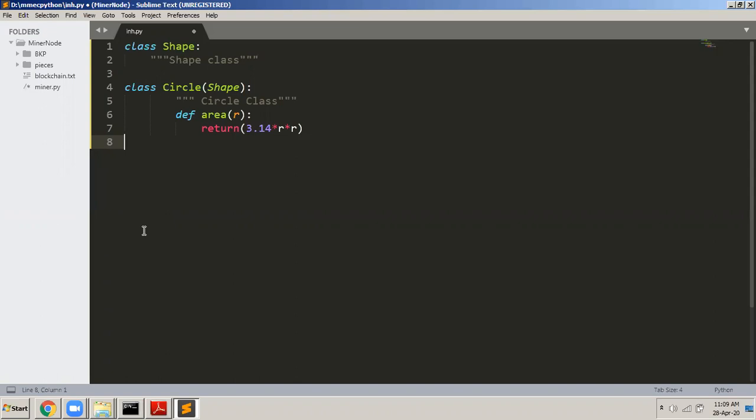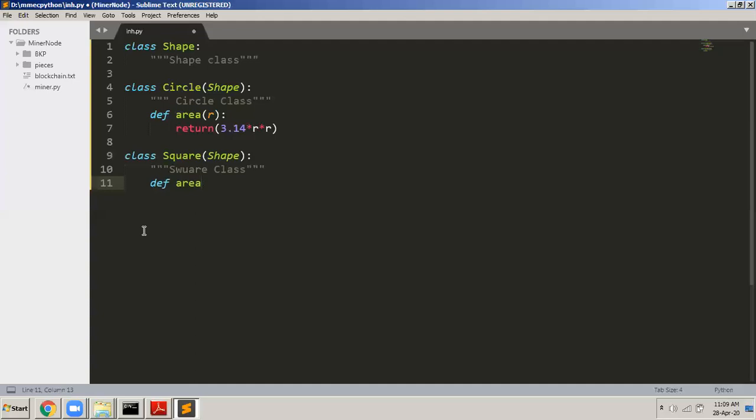Similarly, I can have one more class called square, class square, which inherits from shape only. And then here I can define an area also.